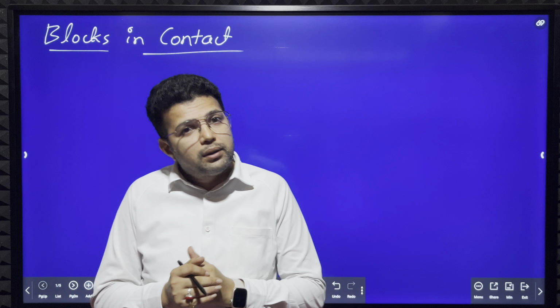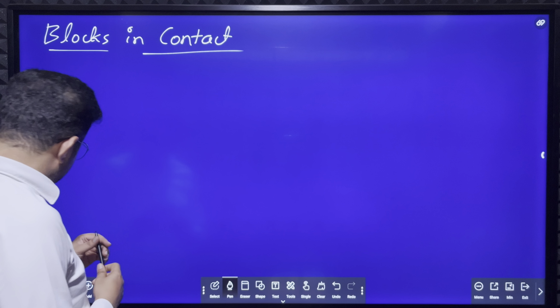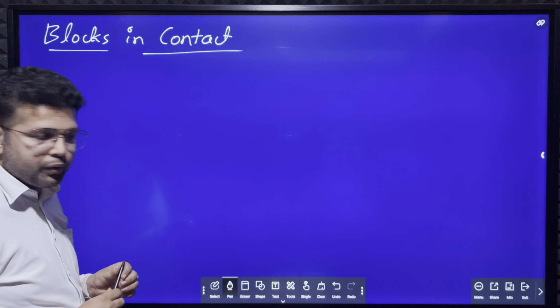Hello dear students, in this session we will discuss how to calculate acceleration and reaction force between the blocks when two or more blocks are in contact. Okay, so before that I would like to solve a problem which is very similar to the Atwood machine that